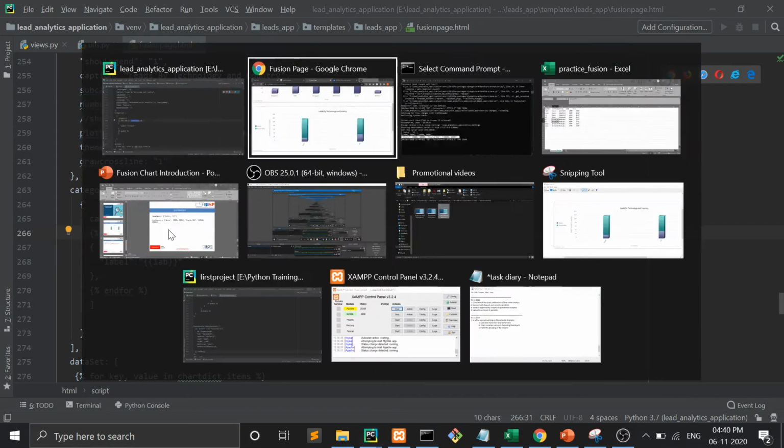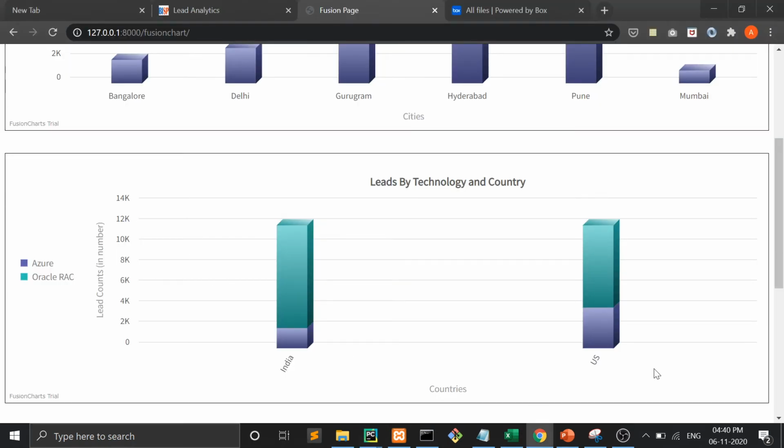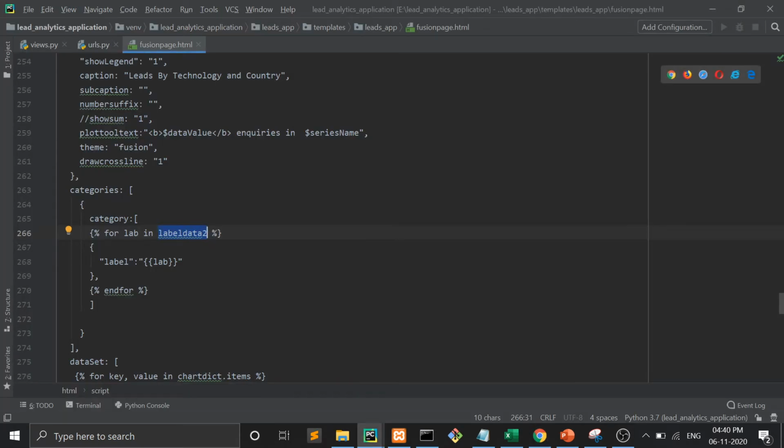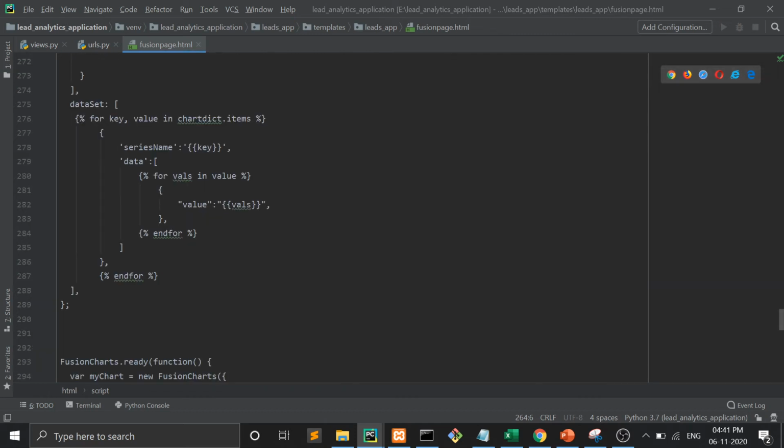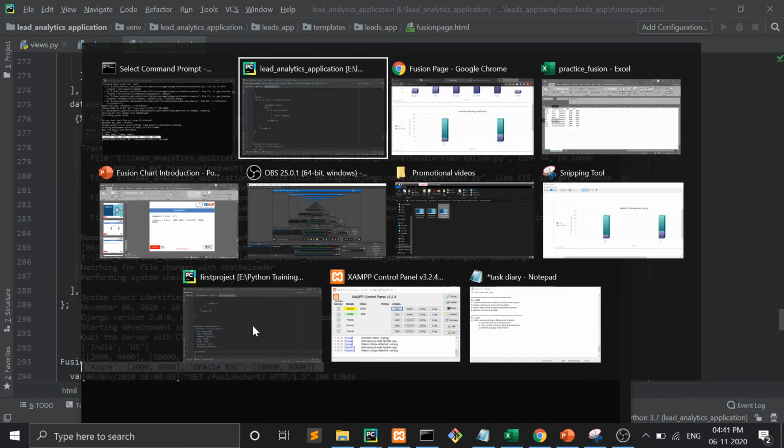Label data means, again I am saying, whatever comes on the x-axis is called label data. Then the dataset. Dataset means the chart dictionary, the key value pair we have created. For key, value in chart dict items, series name equals key and data equals value. Again we need a for loop to show the data, and in this way we render the data.